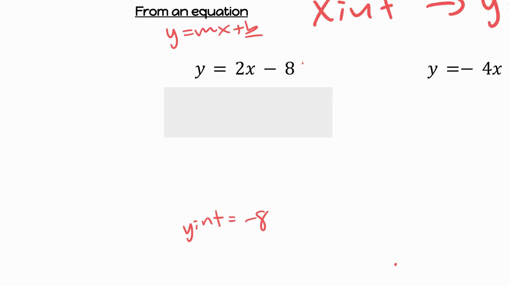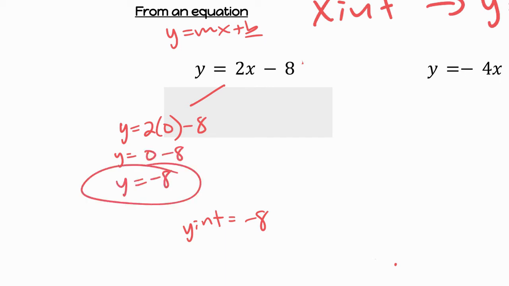So I want to start off by finding the y-intercept, even though we already know the answer. That's where x equals 0. So if I take this and I replace the x with 0, now I have y equals 2 times 0, which is 0, minus 8, so y equals -8, which we knew it was. But we can do the same thing for the x-intercept, by replacing the y with 0,